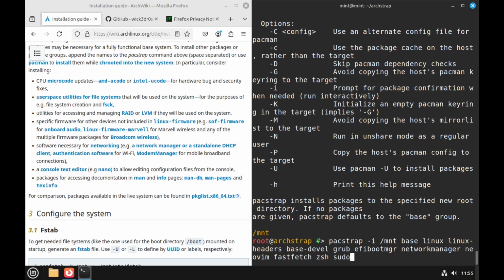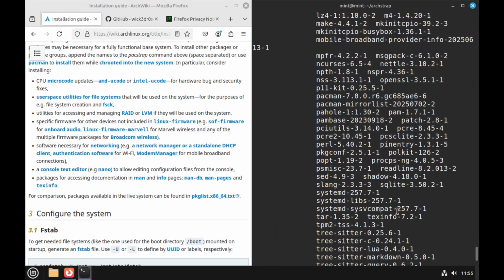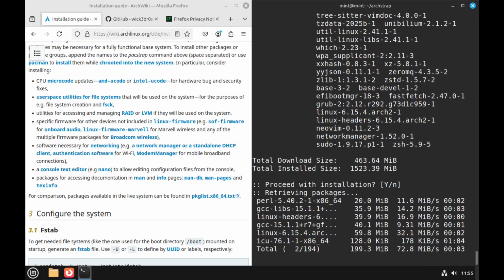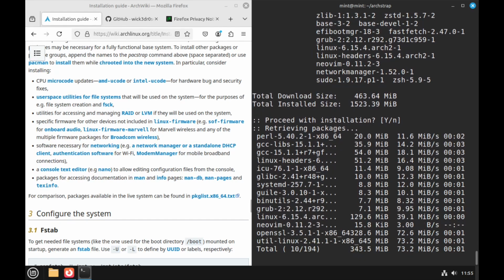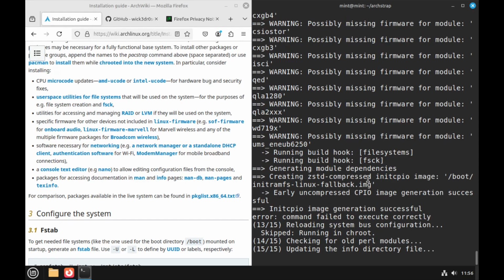Oh, sudo. I always forget sudo. I could take the time to install applications, but we're not at that point yet. I think this is good for now. And there we go. So that is all the packages that are going to be installed, and we will be back once it's finished. So at this point, it's now regenerating the kernel image, which will be